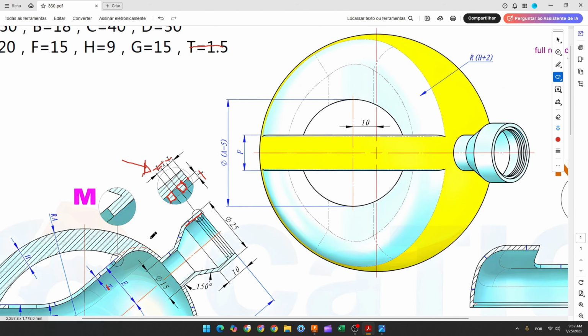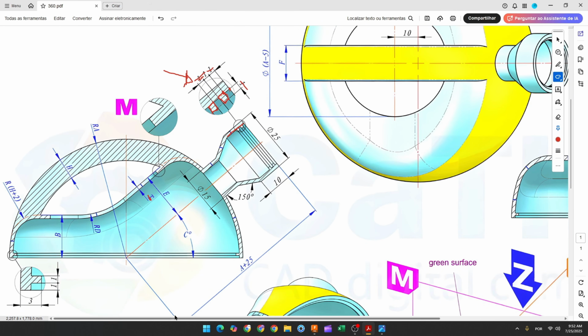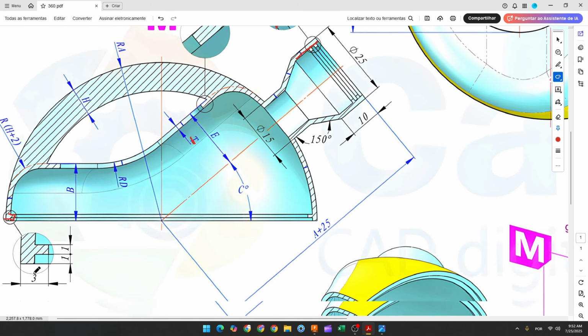Now here, we need to create a thread here in the base. Here, this thread, we have two lines here. The distance between these two lines is 1 millimeter, and the distance between this point and this line here is 1 millimeter, and the distance between this edge here and this edge here is 3 millimeters. Okay,